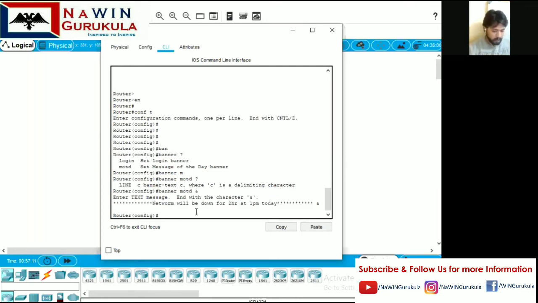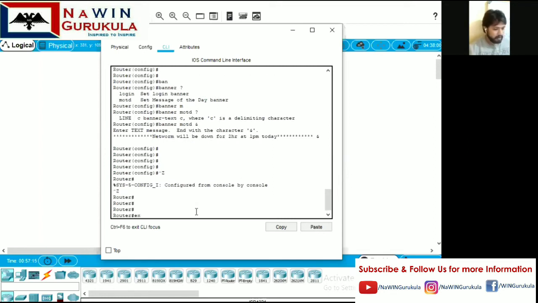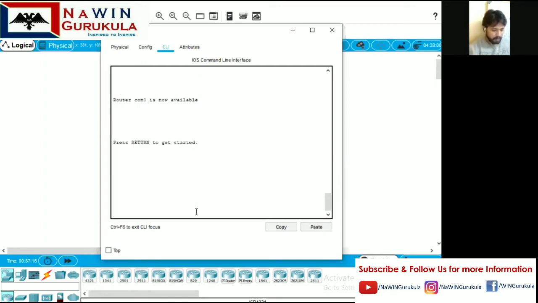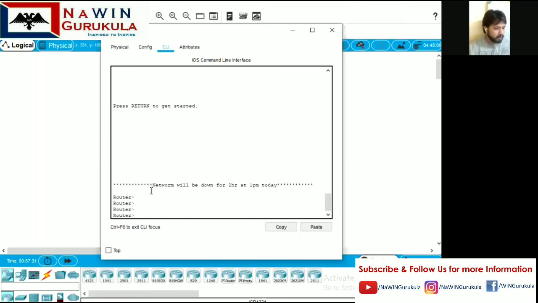Let's cross-check where exactly the banner is going to appear. Exit. If I press enter, here you can see it. It says that, irrespective of login, I don't have any login here, right? It says the network will be down for 2 hours at 1 p.m. today.